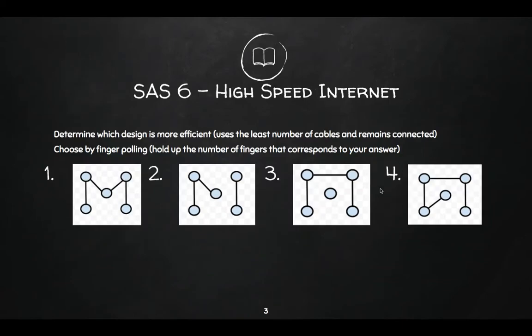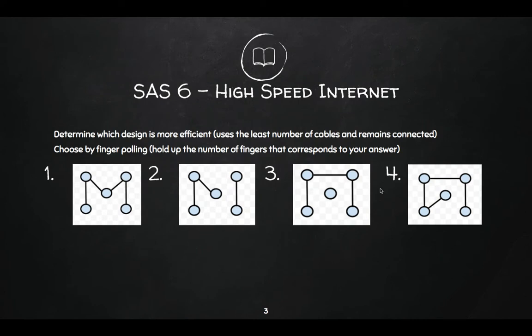Let's look at these 4 different designs here. I usually do finger polling when I do these in class. I'm going to have to fix these before next year. But determine which design is more efficient. In other words, which design uses the least number of cables but remains connected? Okay, so